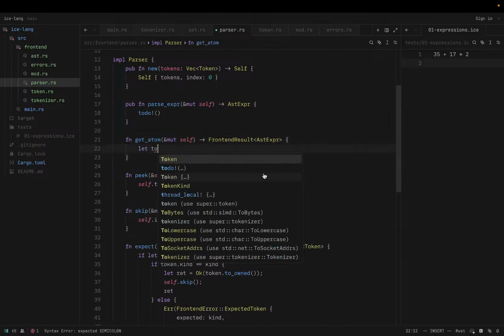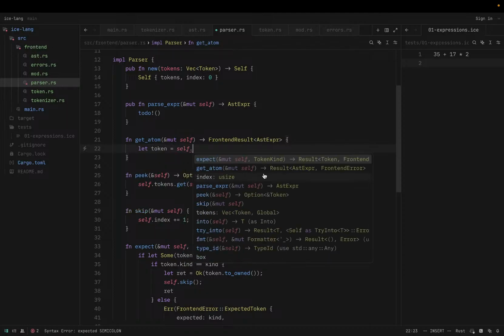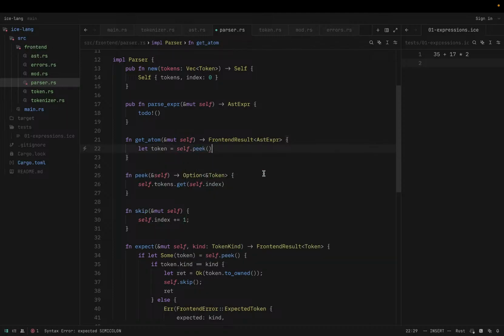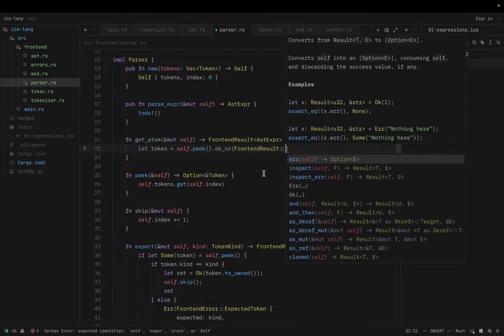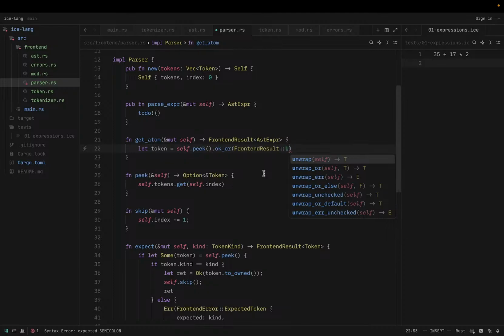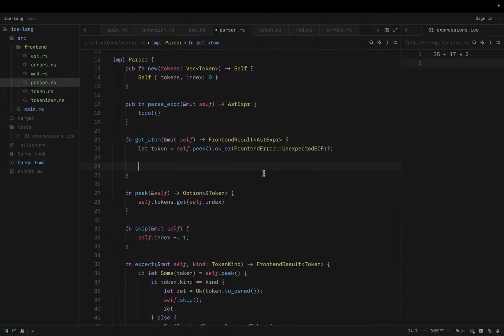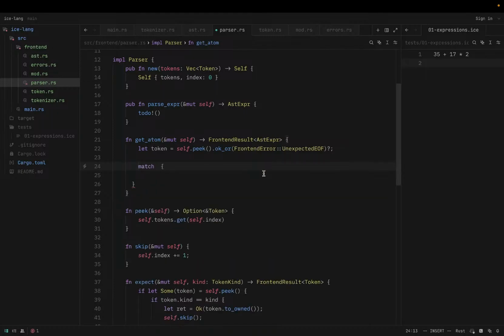So we're gonna say let token is self.peek and dot ok_or, and we'll say front-end error unexpected end of file. So now that we have the token, we'll match on the token.kind